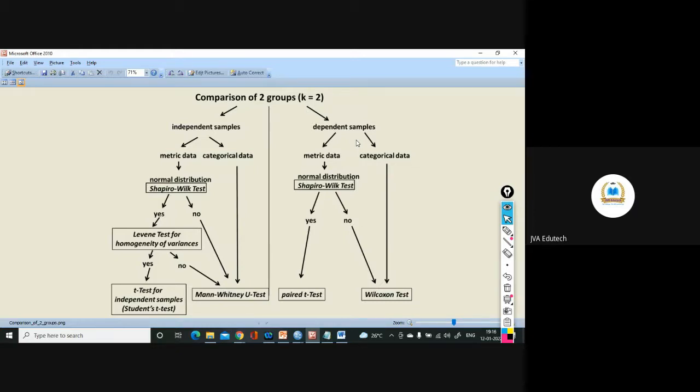Or let's say a reading score of a student and writing score of a student, two different situations you want to compare. Then in that case, these samples will be dependent samples. Why? Because they are coming from the same population, the same set of people. I am trying to know whether there is a significant difference between their writing skills and reading skills or not.